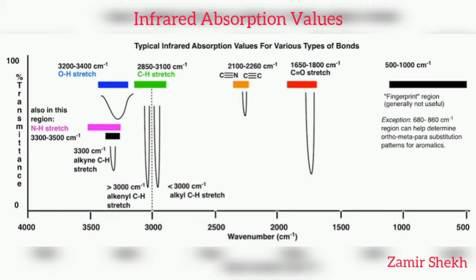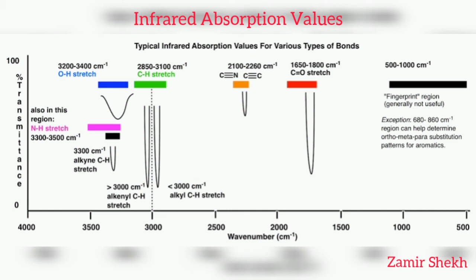So carbon-carbon single bonds appear below or up to 1300, okay, carbon-carbon double bonds appear at 1400 to 1600, and then carbon-carbon triple bonds appear in the region of 2100 to 2300. So this is the system for carbon-carbon bonds. And for C-H, we have sp3 C-H just below 3000, sp2 C-H just above 3000, and sp C-H exactly at 3300. So likewise you can easily distinguish the type of groups present in your molecule.